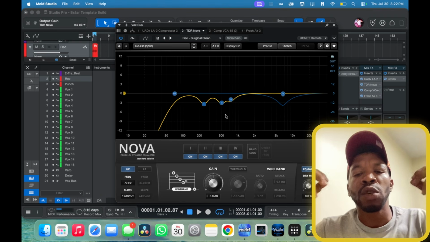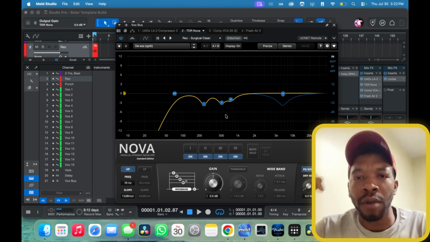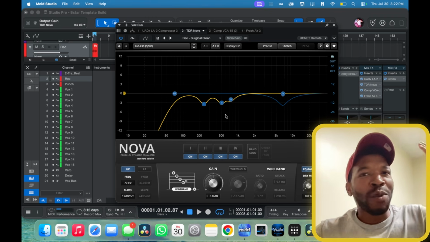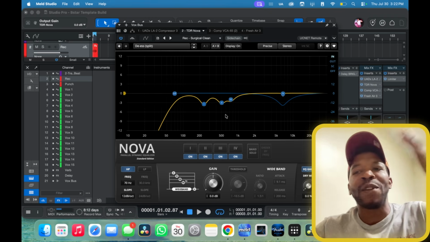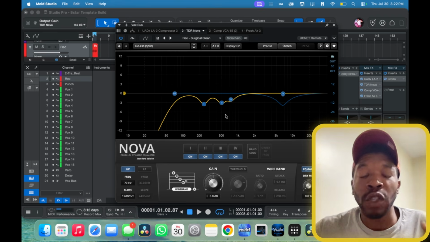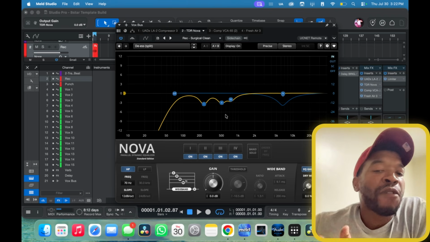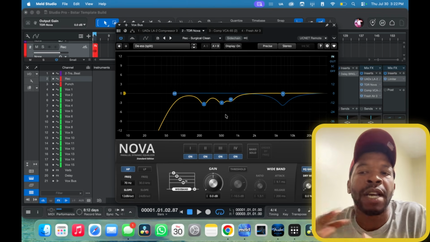One of the most used industry plugins that I see is the FabFilter Pro. There's the FabFilter Pro Q3, the FabFilter this, the FabFilter that. FabFilter is one of the top used plugins. FabFilter Pro is going to cost you a pretty penny. Okay, so most people don't want to pay for an EQ when a lot of DAWs come with a stock